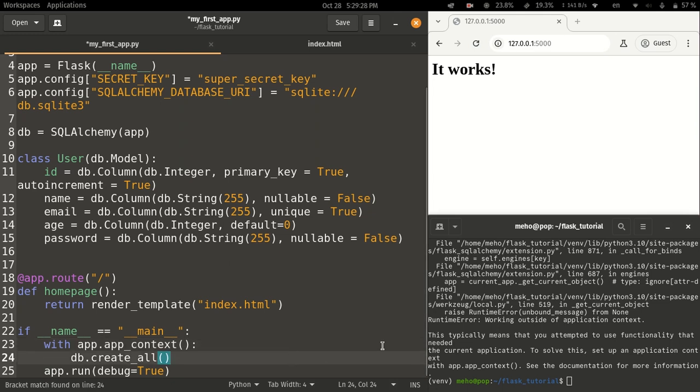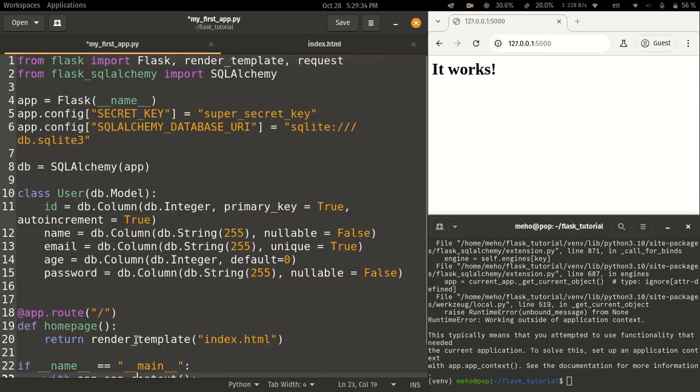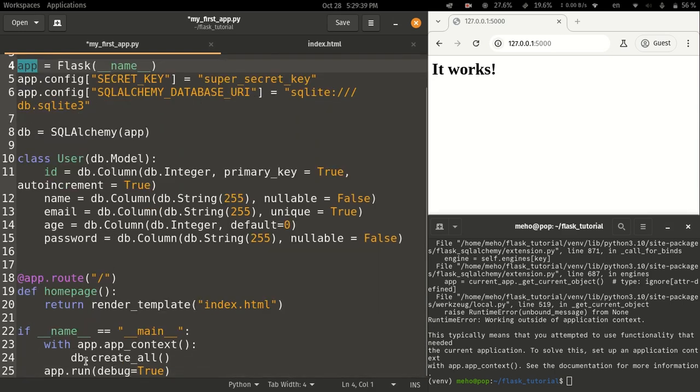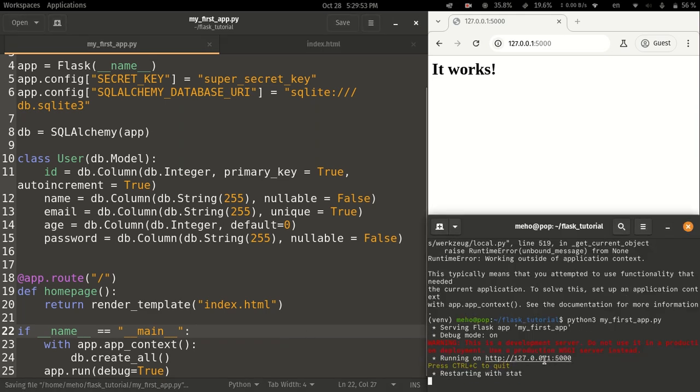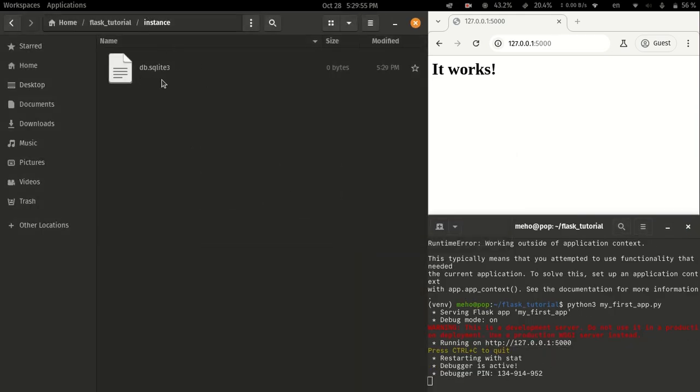So this is a higher level concept. Maybe we will talk about it in a future tutorial, but for the moment being, this is what you need to do with app.appContext, because our app is what we need in relation to this DB object right now. We want to run this in the context of the app. It's kind of self-explanatory, but it's kind of a higher level concept. So this is what we'll need to do. And when we save this and we run this again, we will see that our instance folder is indeed